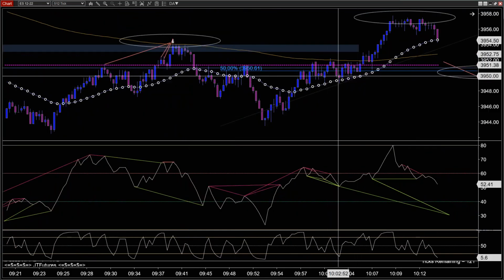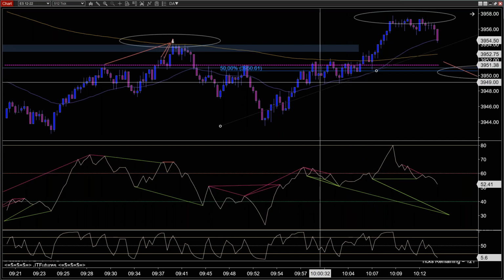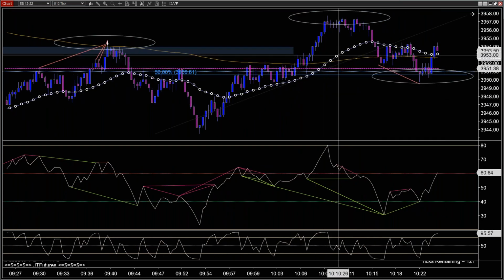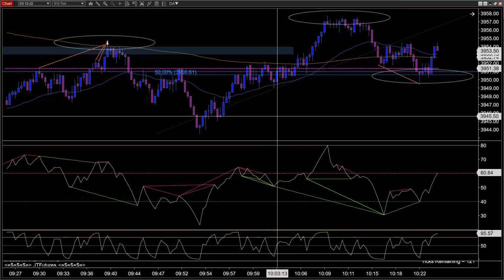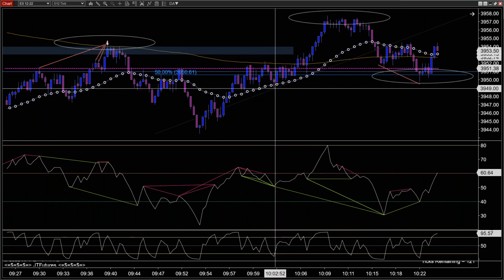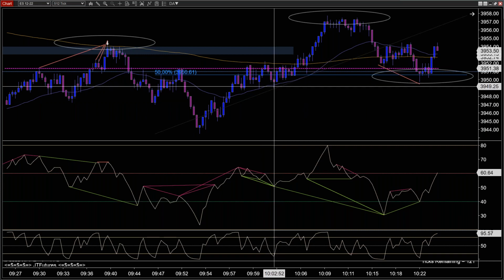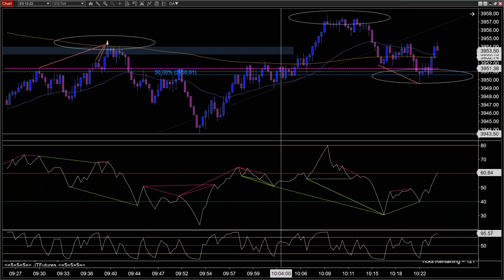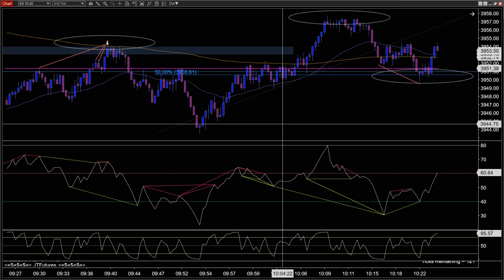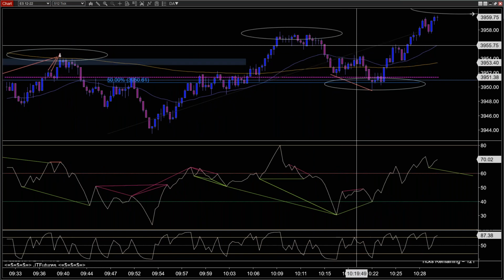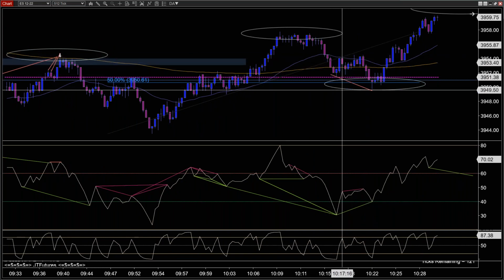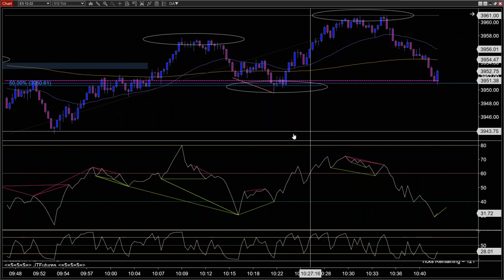Look at how many times to the tick or within one tick we come into the fast moving average, right? So what is that telling me? That's telling me that if I want to take a trade off this level, it better work within 1 or 2 points, or else I don't want to be in the trade. There are instances where we get a deep peek through the level, it goes more than 2 or 3 points, and then comes back. And if you were holding on with all that risk, you might have actually been in profit and got